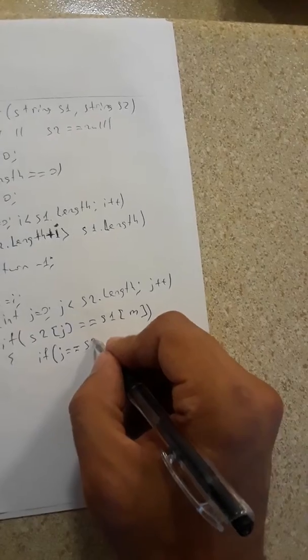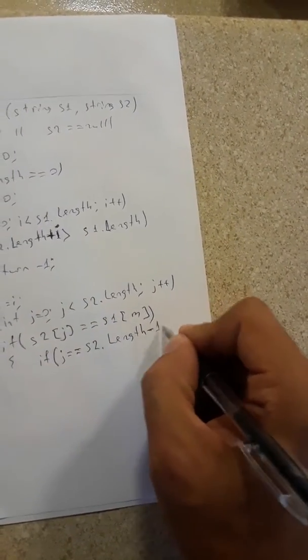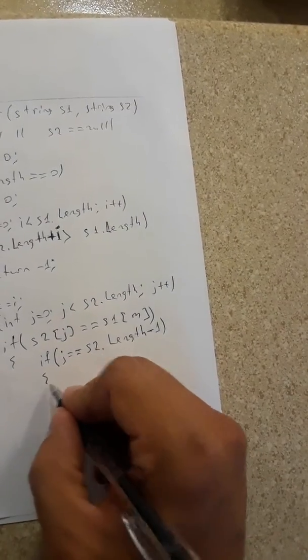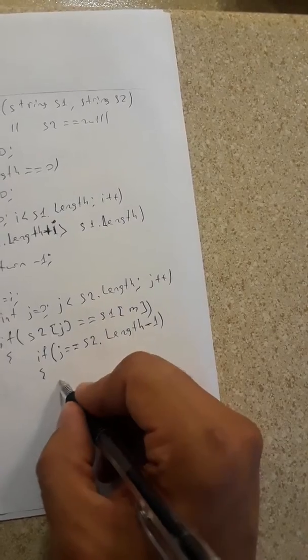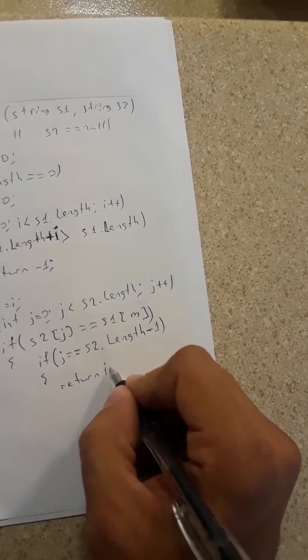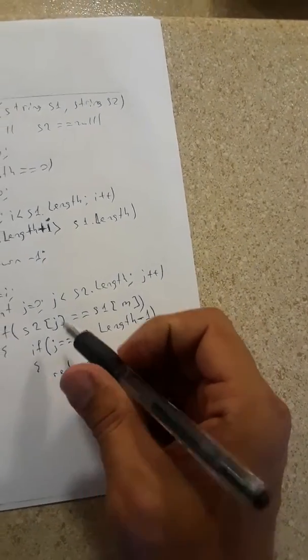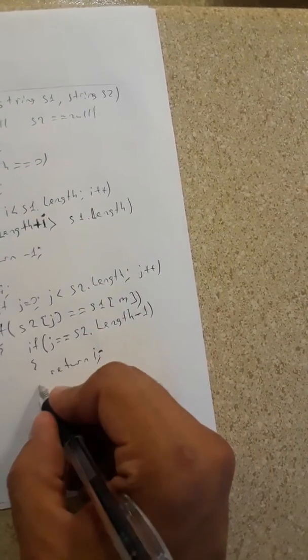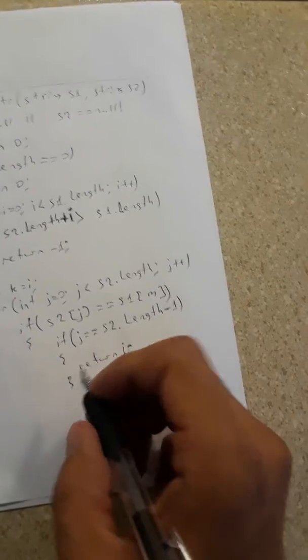If we reach the second string length and they're still equal to each other, we'll just return the i value, meaning that